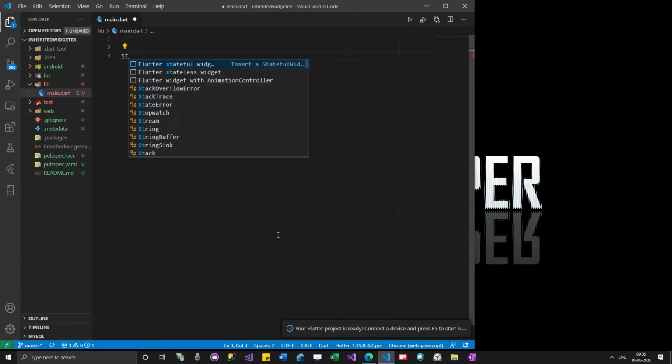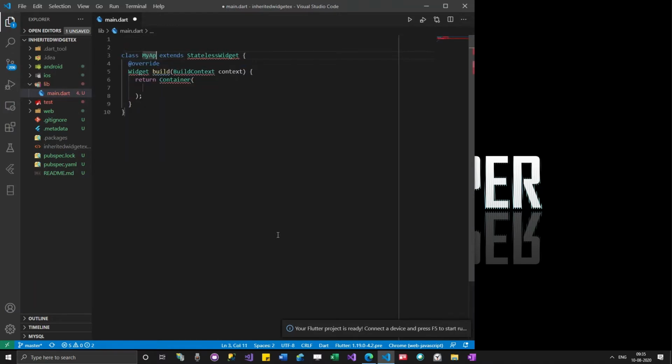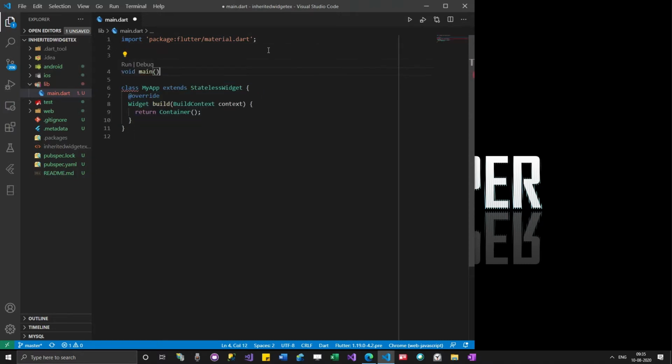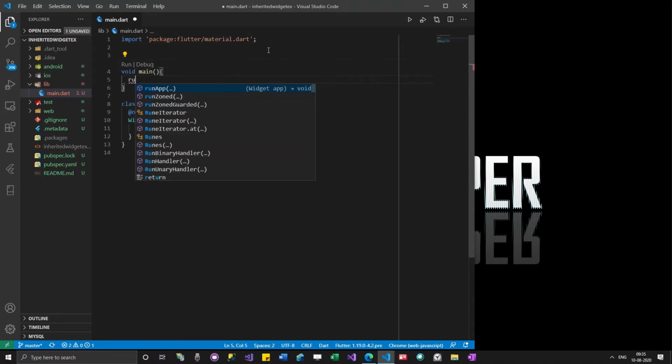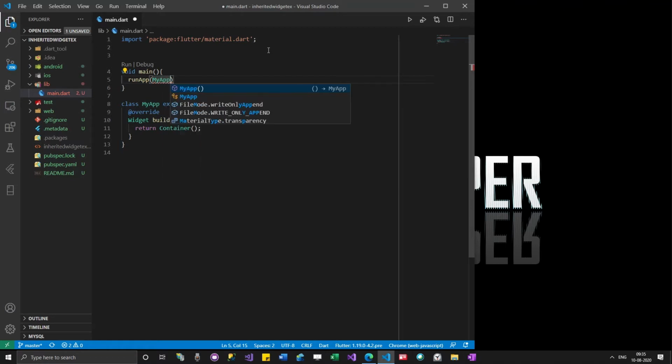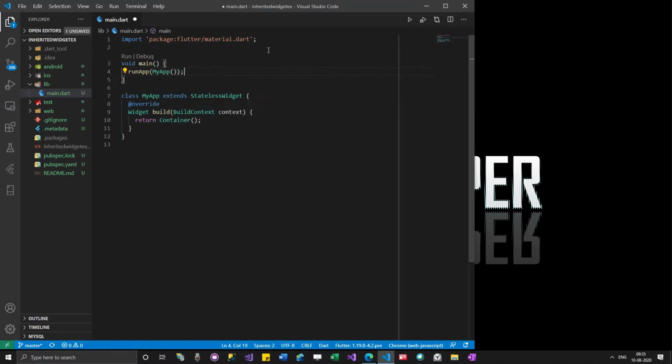Let me write a stateless widget. Now I will see whether it can run by opening the emulator.